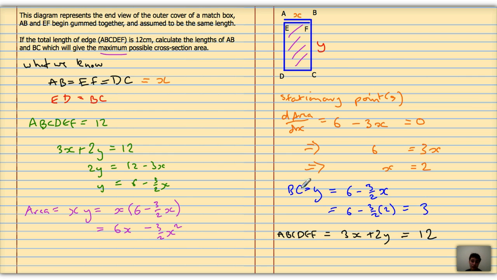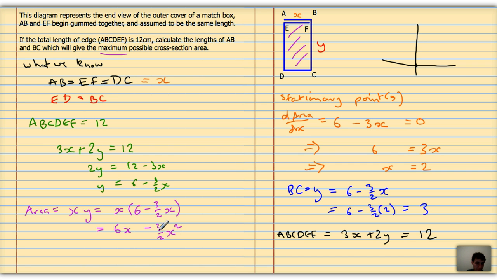Okay. Do I need to show this is minimum or maximum? Well, not really, because we know that there's only one stationary point, because it's a quadratic. And this quadratic, if I plot it, it's going to cross the x-axis at 0. It's going to cross at the origin. It's going to have a minimum at 2, and at 2, the area is going to be